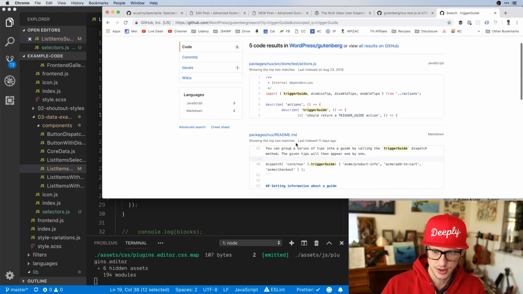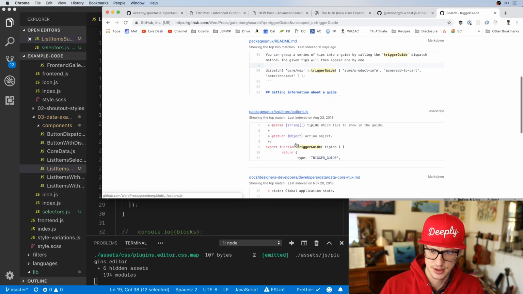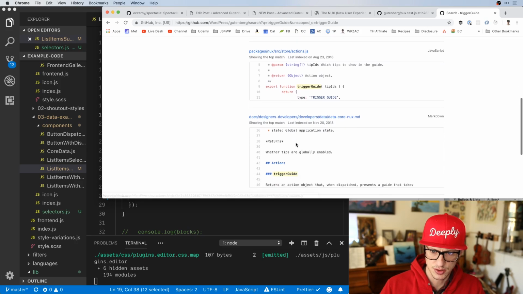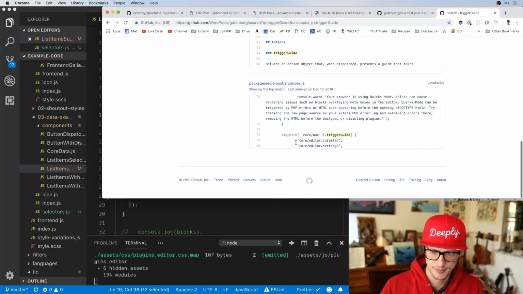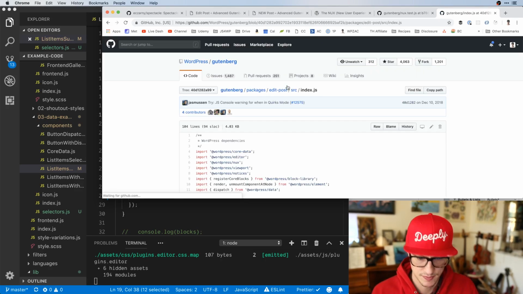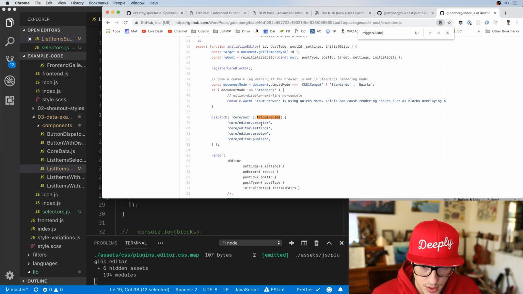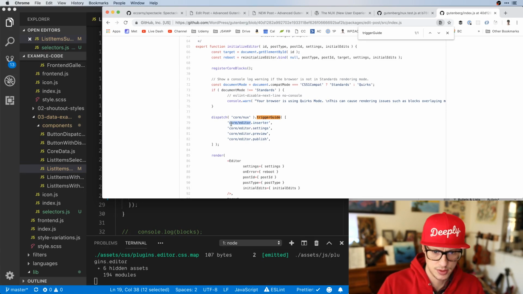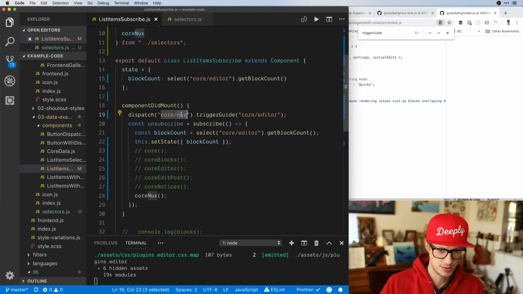So something here that is not a test should be triggering this action. And I don't know where it is. Interesting. Oh, what's this? Trigger guide. Okay, cool. Dispatch, core, edit. Let's try all these. Why not? We should just be able to come in here,